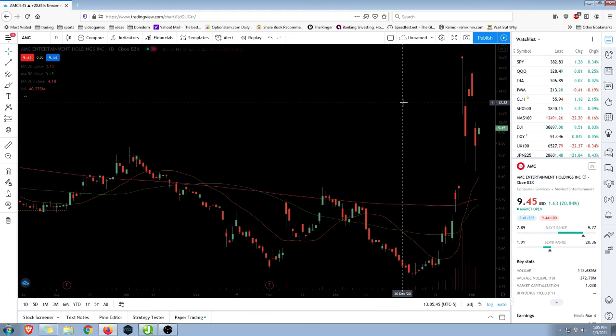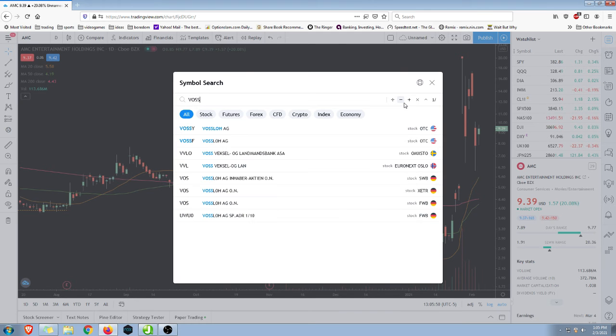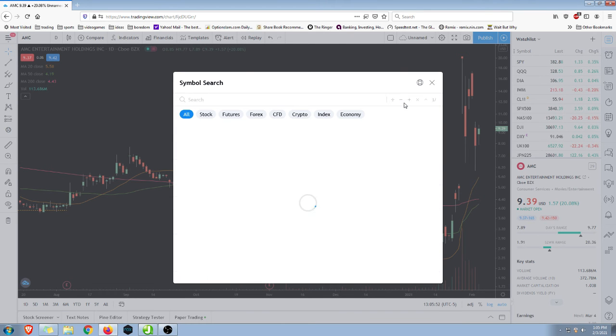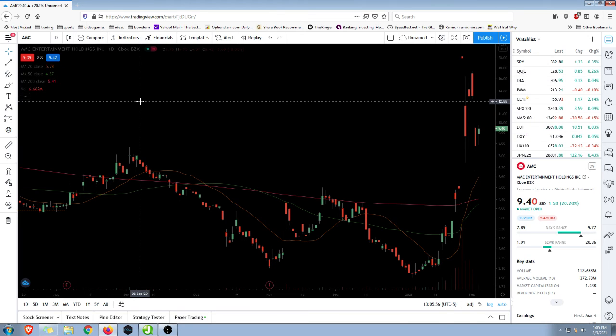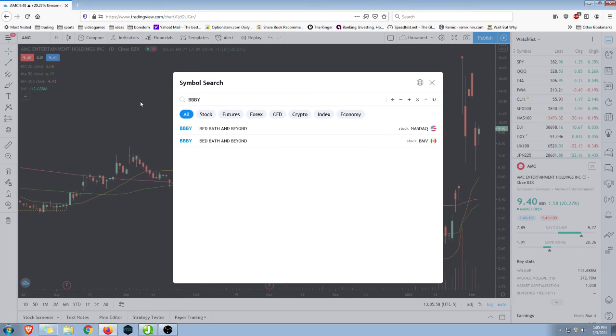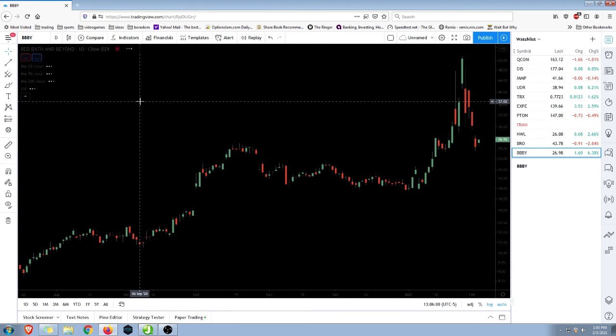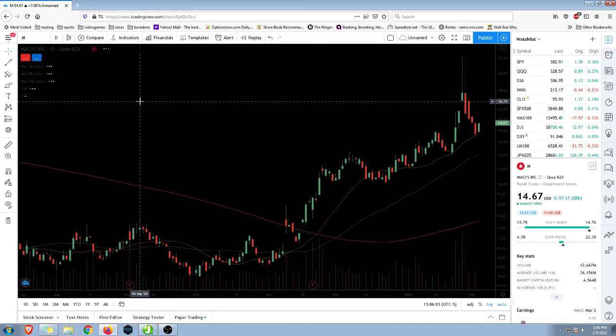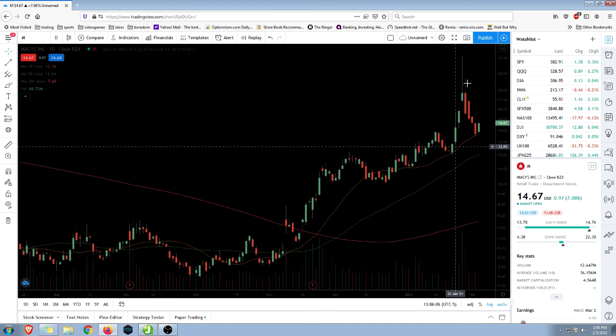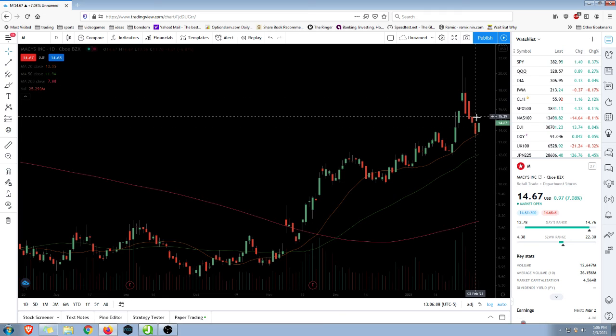I think the other one was Voss or something. No, I can't remember the name of the other one, but there was another one like that. And I know Bed Bath and Beyond was another one that we looked at last week. They tried to do it with Macy's, I believe. You can see a lot of these crappy names started to take off, but it was short-lived because there wasn't the same concerted effort that people took on